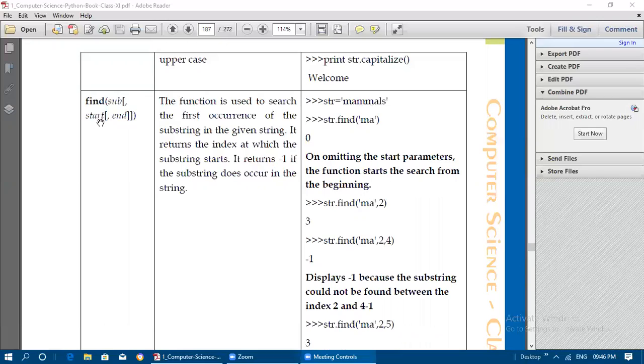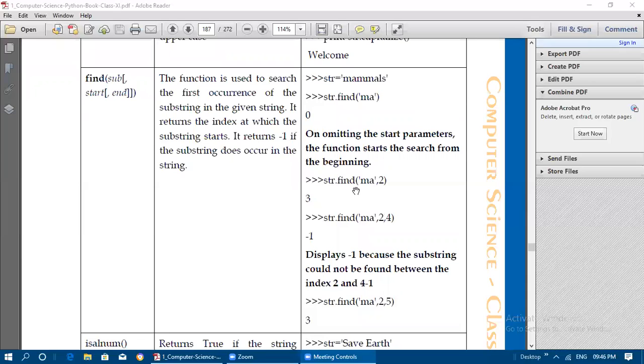So here we didn't include start and end value, so it will start from the beginning location itself. And str.find of ma comma 2, that means 0 1 2. So in this part alone, MALS, we need to check where MA is occurring.